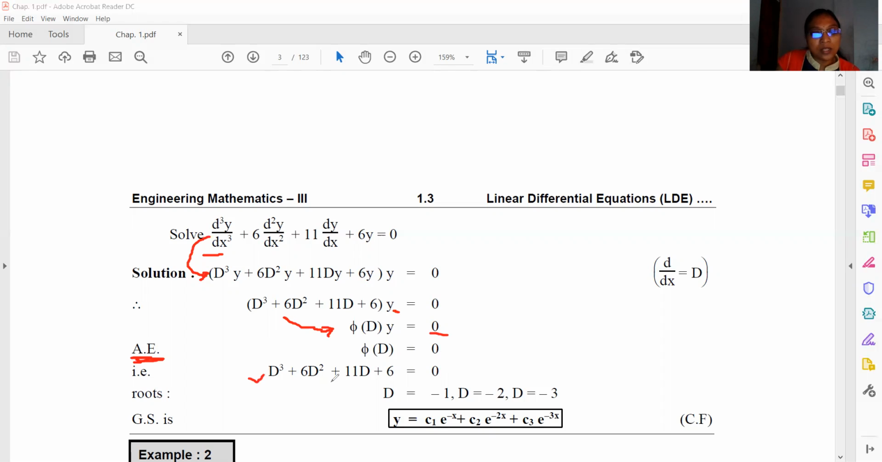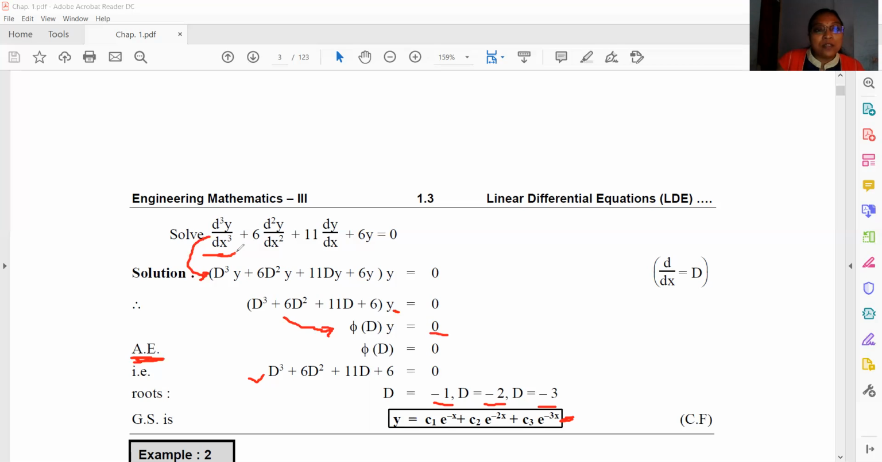And when we solve this auxiliary equation, we will get the values of D. The values are -1, -2, -3. You can get these values by using a calculator, and you can see the values are real and distinct. So whenever values are real and distinct, then you can write the solution as C1 e raised to minus x plus C2 e raised to minus 2x plus C3 e raised to minus 3x. Always remember,